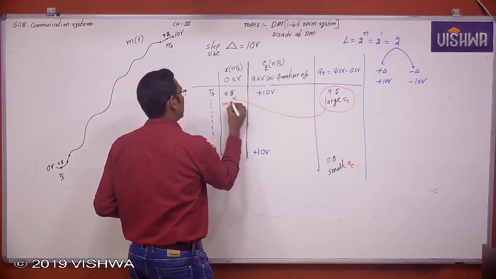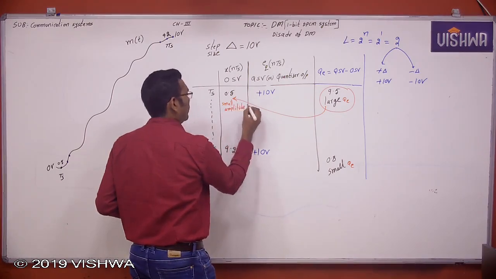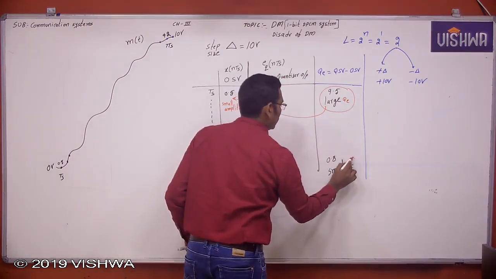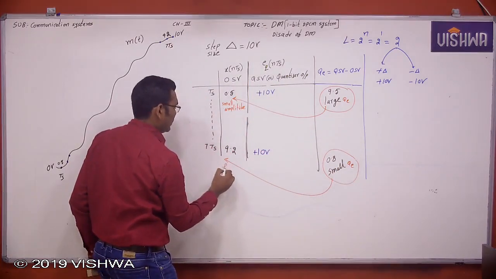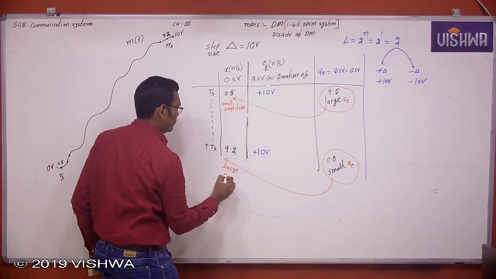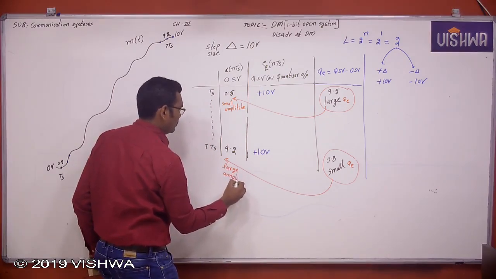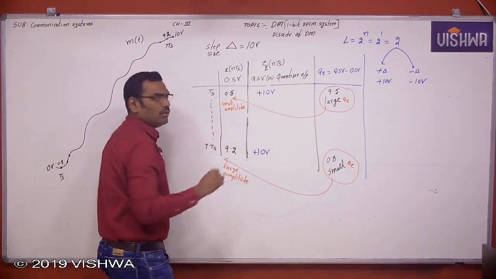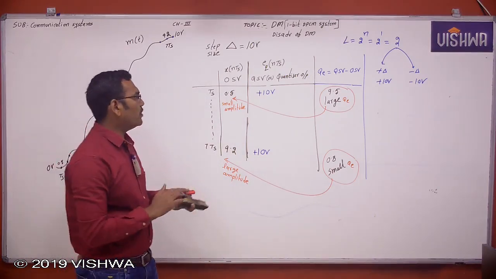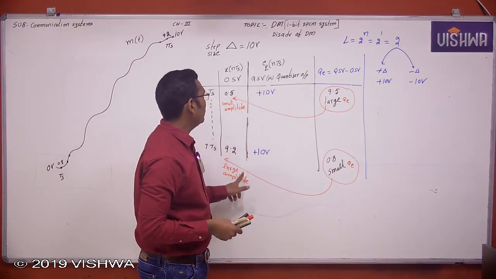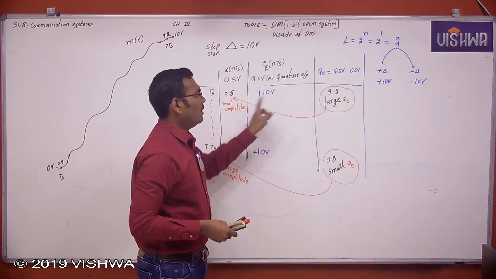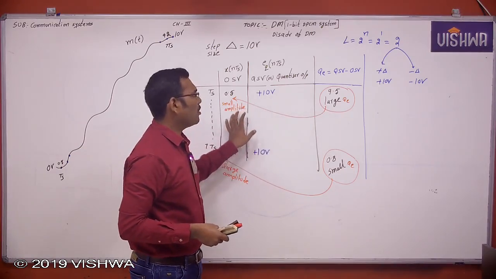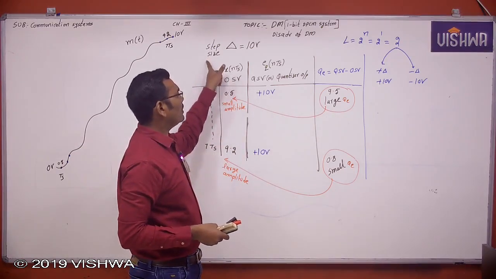Now, there is a small quantization error introduced for large amplitudes. So the delta modulation is good for large amplitudes and introduces a large quantization error for small amplitudes, because here the delta modulation step size is